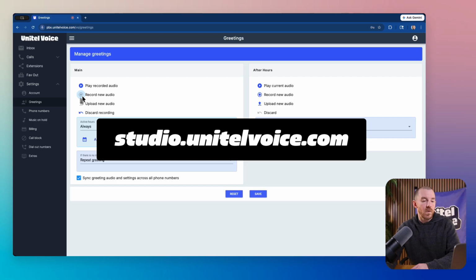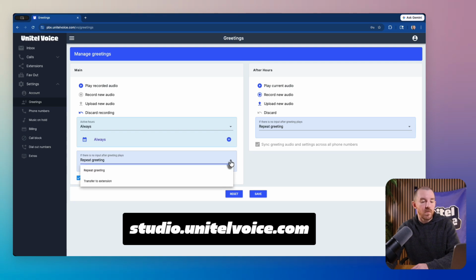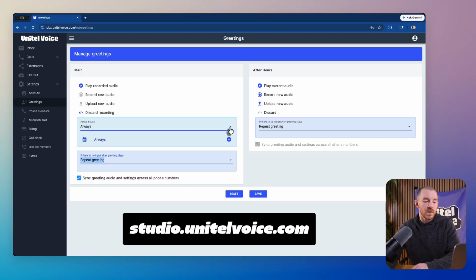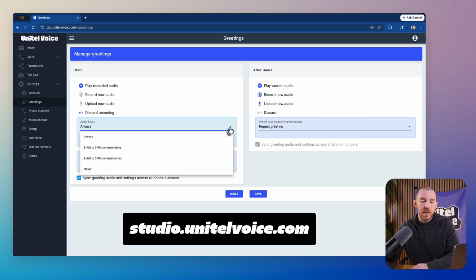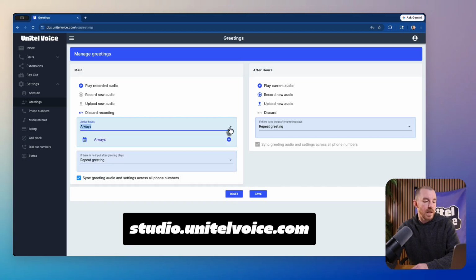While you're there, you can order a professional recording for your main greeting, your department voicemail greetings, and even an after-hours greeting if you'd like. Below our main greeting, you have the option to replay the recording if the caller doesn't choose an extension, or automatically forward the call directly onto an extension of your choice. You also have the option to set business hours. During business hours, your system will play the main greeting, and then outside business hours, the system would play the after-hours greeting. Lots of our customers will just have callers forward into their department voicemail boxes. And then to save your changes,